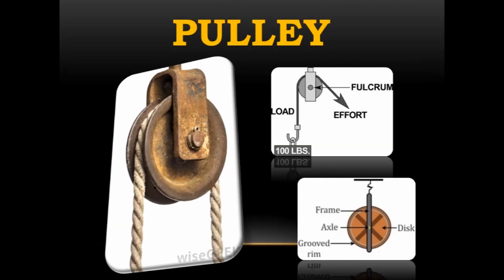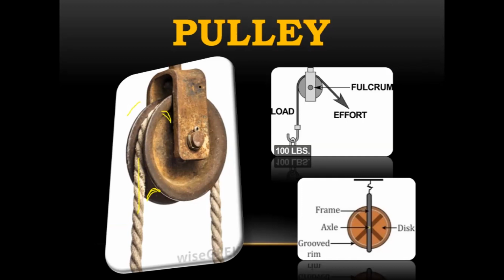You're able to see a bend here, right? This bend is what you will call a groove. This groove is what helps the rope to stand in position. If there is no groove, then there are chances of this rope falling this side or that side. So this groove is helping to hold the string or the rope in position.